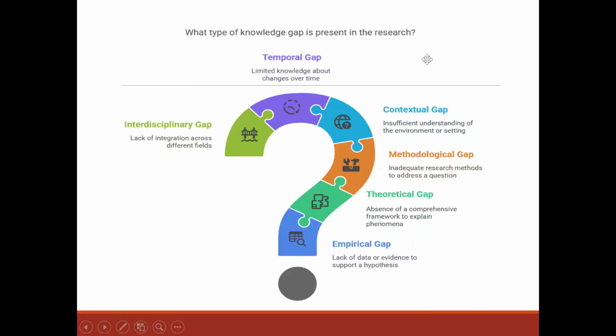So here we are talking about the types of knowledge gaps that are there, because one of the things is you'll always be asked about the knowledge gap, and there are several of them. Here we just highlighted conceptual gap, contextual gap, theoretical gap, empirical gap, interdisciplinary gap, and all these things. When we share these notes, you can also go through and see what kind of knowledge gaps are there. But sometimes the knowledge gap could just depend on a specific context.